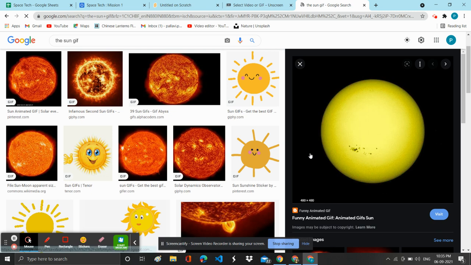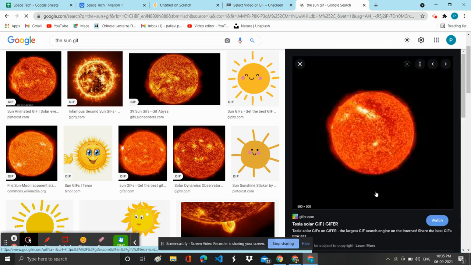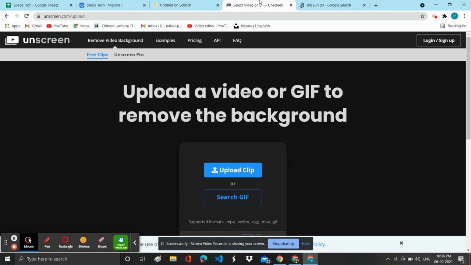Of course, we'll have to look for a few images, and we will select only the GIF image that will show the spinning motion of the sun along its own axis, as if the ball is spinning when a line is drawn at the center of it. Okay, so I've already downloaded it.